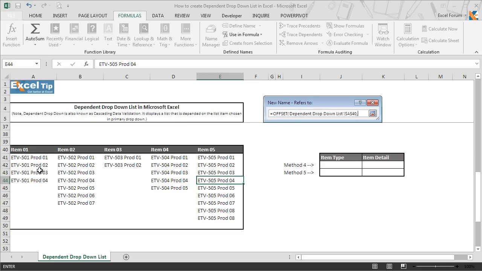Then we skip the next argument as we don't need to offset any row from the starting point, so we enter comma, and we will skip the third argument too as we don't need to offset any column from the starting point. So once again we put comma. Then the next argument requires height of rows, but here we don't need any height too, so we will skip this argument as well. So once again we enter comma, and in the last argument we will enter count a